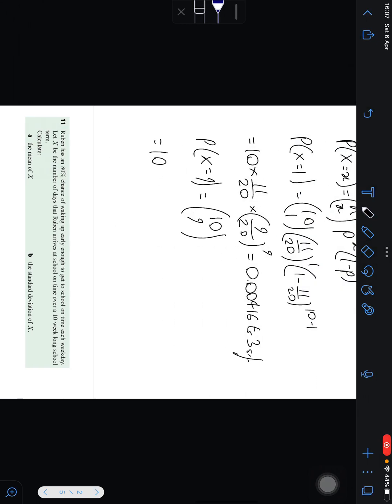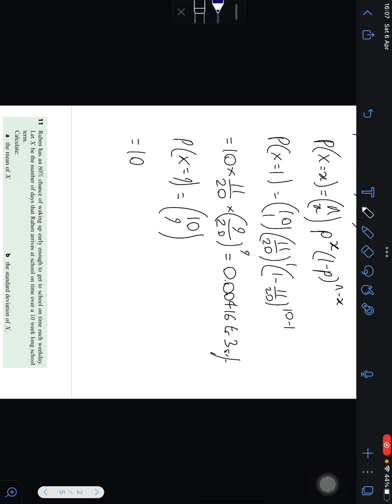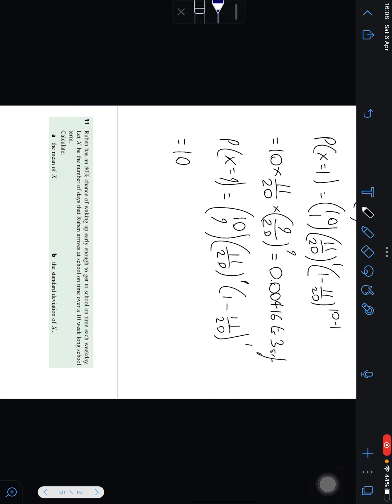And that's why it's not really a calculator question for me. So 11 over 20 to the power of 9. Well, it is a calculator, but it's not really one where you have to use the distribution and get all complex about it. To the power of 1. And so that's just 10 lots of 11 over 20 to the power of 9 times 9 over 20. And that gets me to